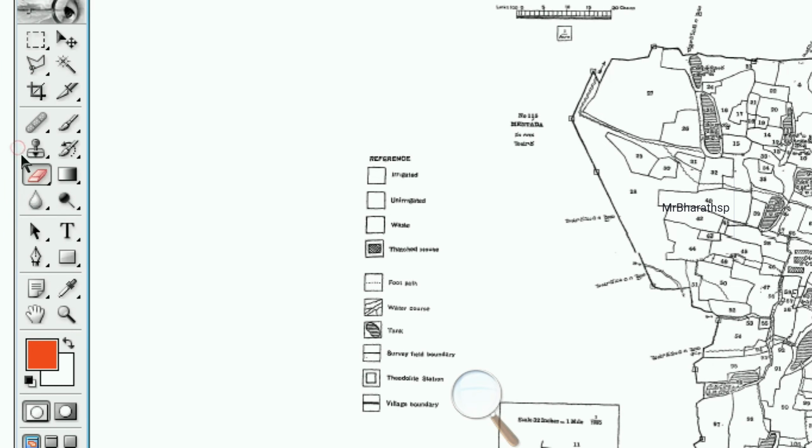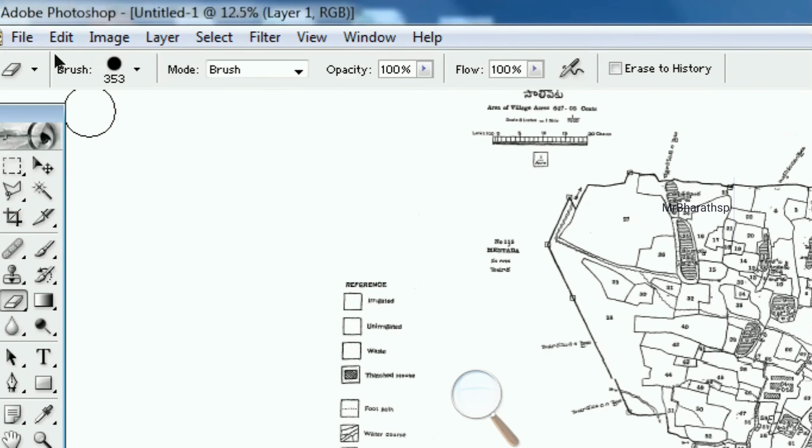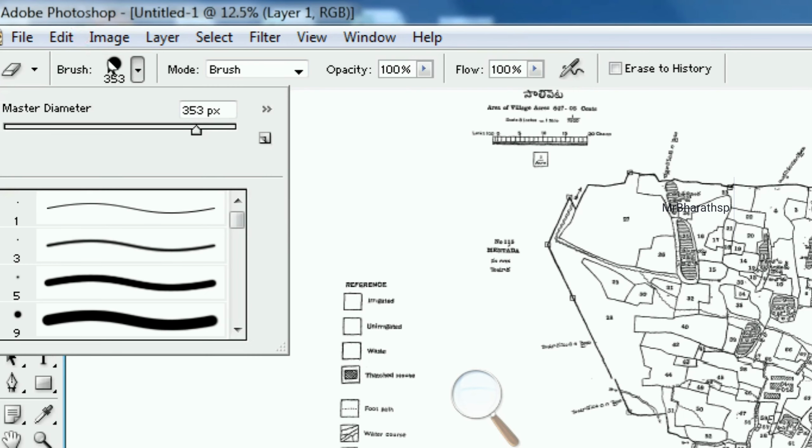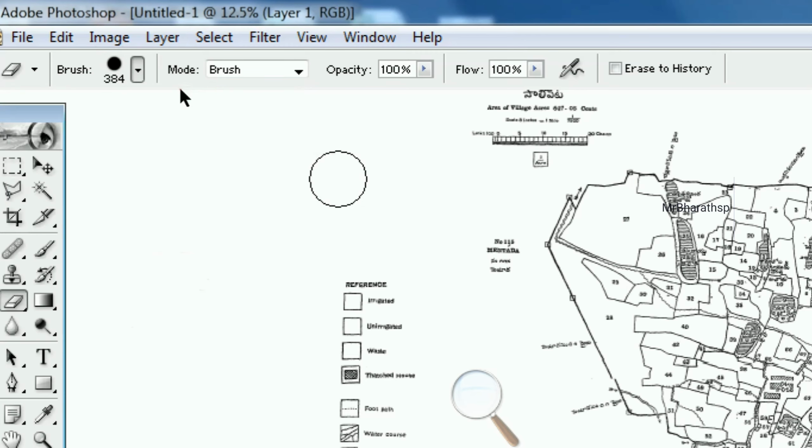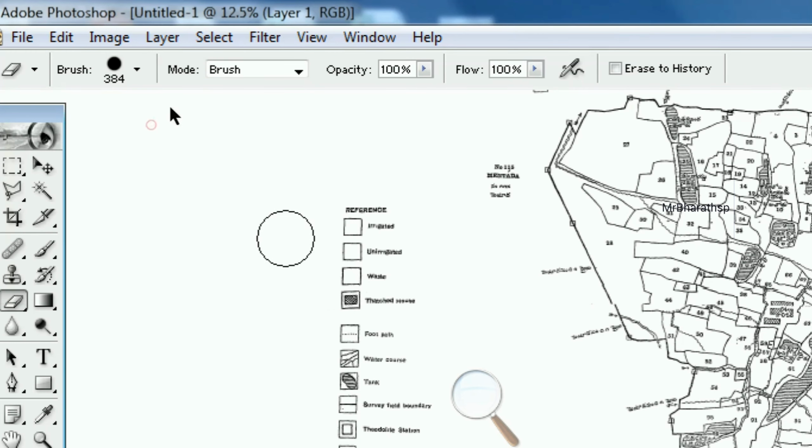We shall click on the eraser tool over here, and you can see we can change the size of the brush also. If we decrease it, it decreases, and if we increase it, the size increases.